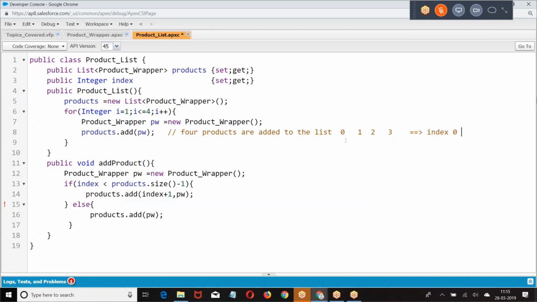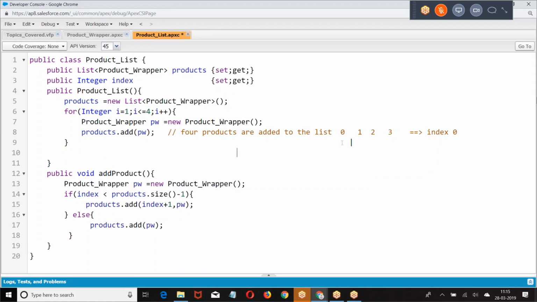So add the new element at index plus 1. Then I'm going to say add. If I click on 3, now 3 less than 3, the condition is false.